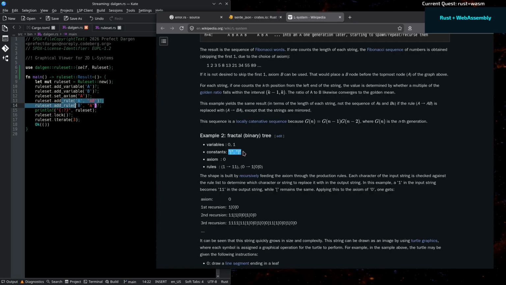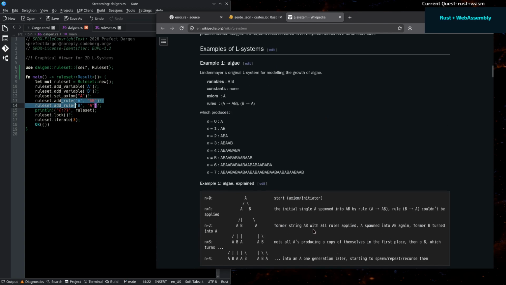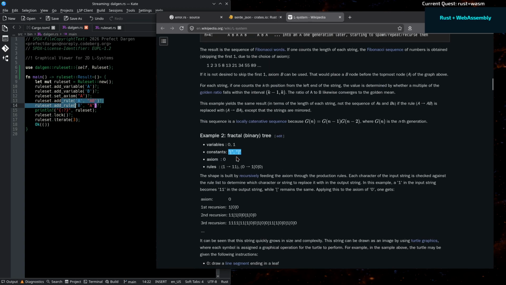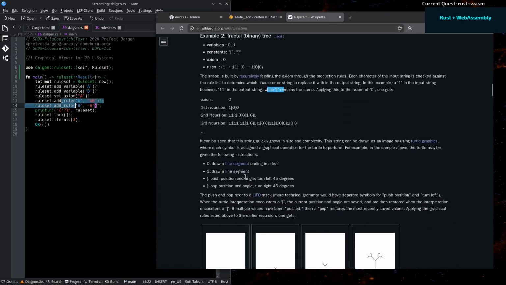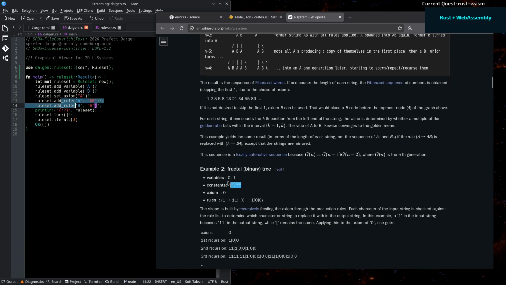The reason for using constants is in the context of using turtle graphics, because even though they are not going to expand to anything, they can be mapped to some actions in the turtle graphic system. Like here, for example, they were mapped to, I remember, push and pop from the stack. Here it is. Push and turn left, pop and turn right. So those are constants. They can have turtle graphic actions like variables, but they cannot be expanded in rules as